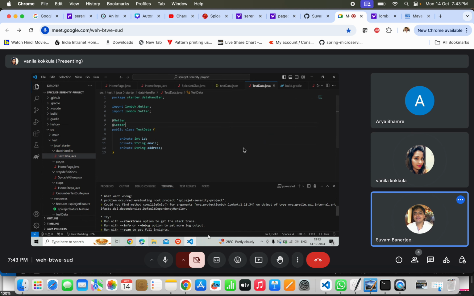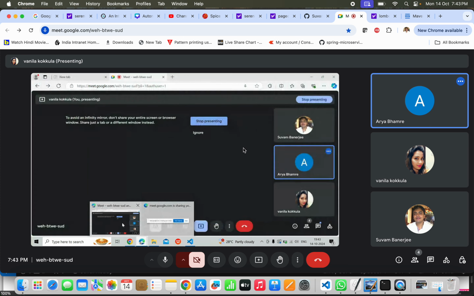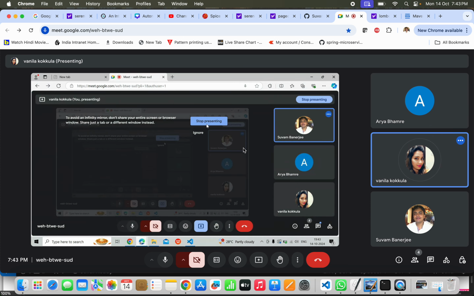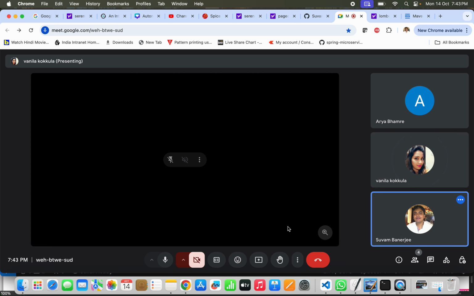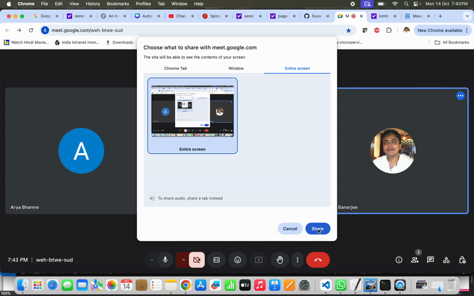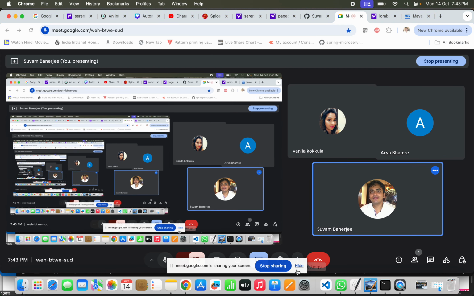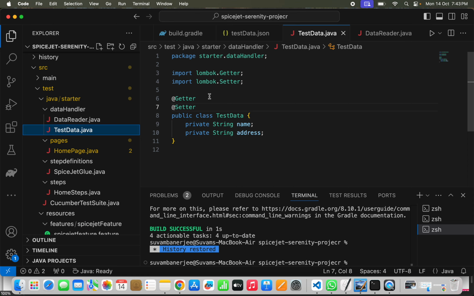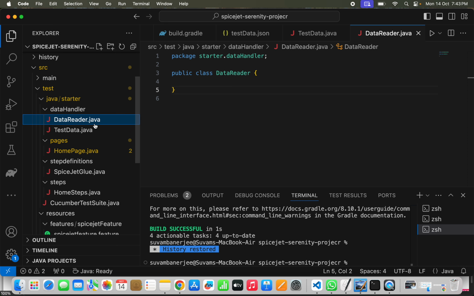Okay, fine. So what we'll do is, we have this getter and this POJO class, right? Now we have to write this data reader thing. So how to write this? So first we have to create a method. The method would be, let's say,